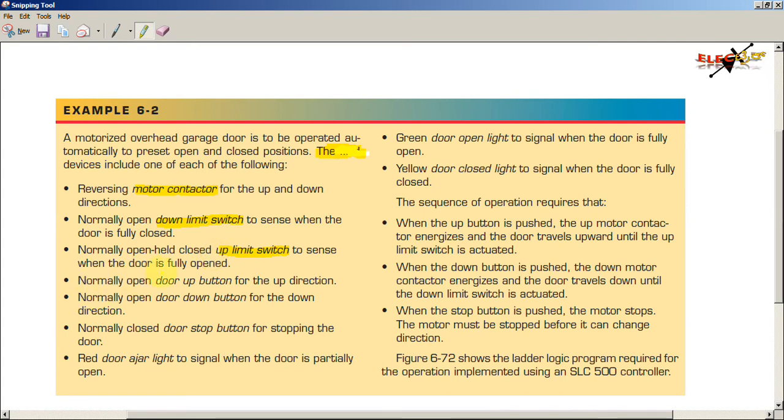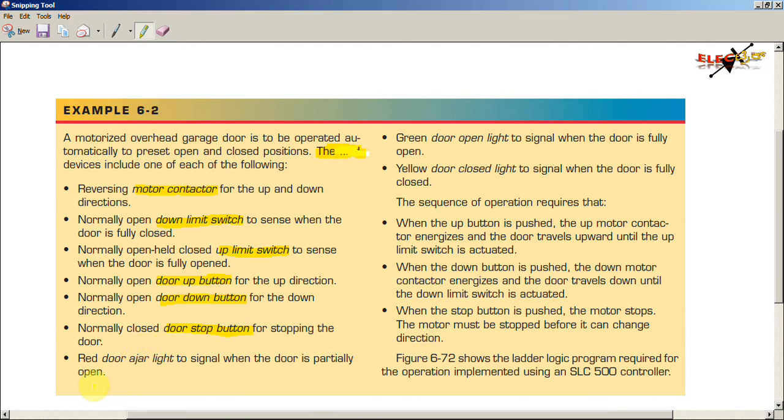And a normally open door up push button is used to operate the motor in the up direction, to open the door, and then a normally open door down button for the down direction. A normally closed door stop button is for stopping the door.